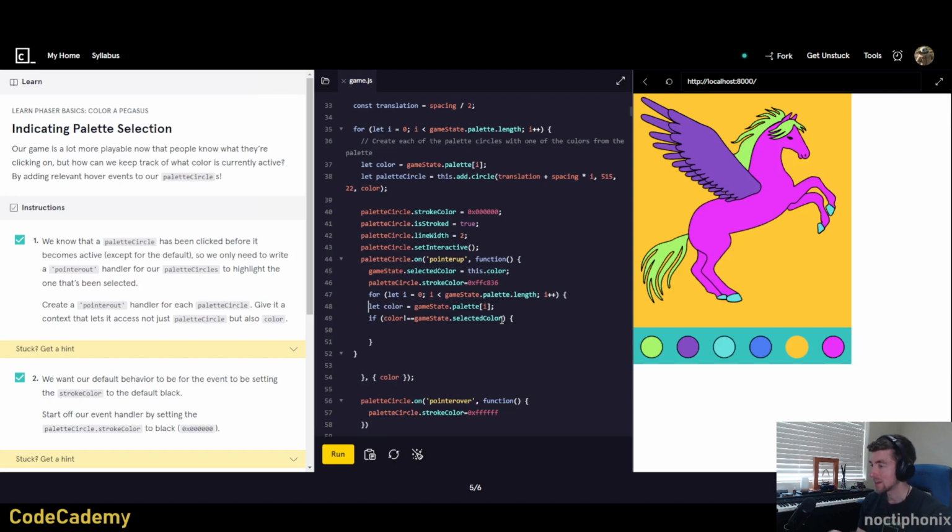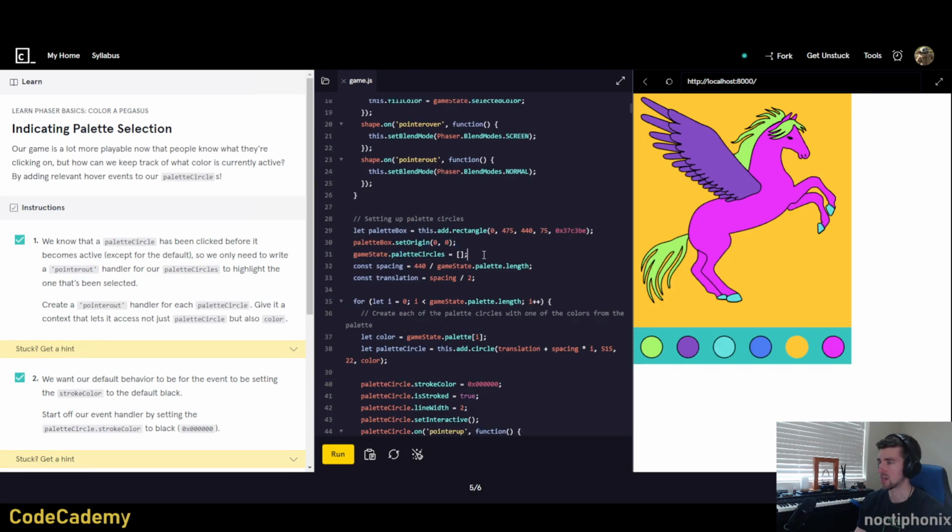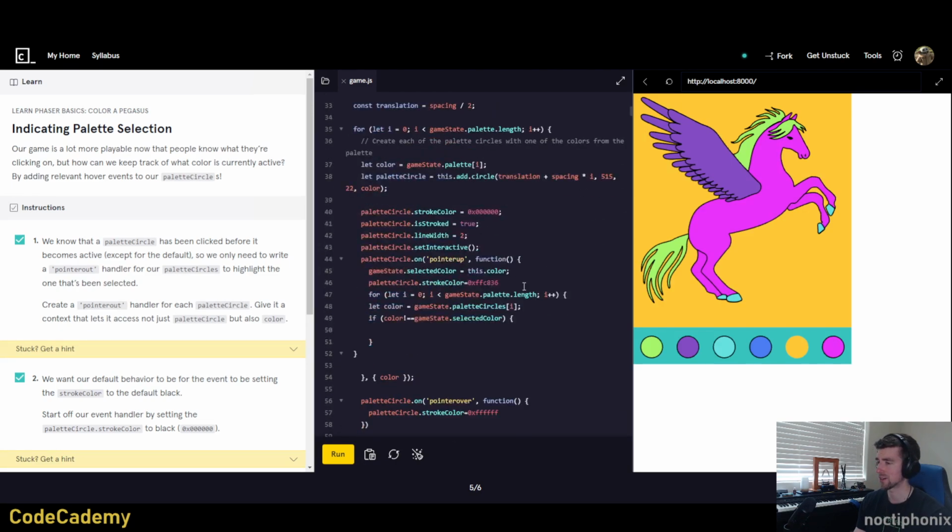So instead, this needs to be palette circles, the palette circles array. That's why that's important. This actually comes in handy here if that's being populated, which we have not verified yet. So let color equal GameState.paletteCircles with the index of this for loop. In fact, you could just say with the index of the palette circles so that doesn't break. It should be fine, but anyway, so then if color, which is now